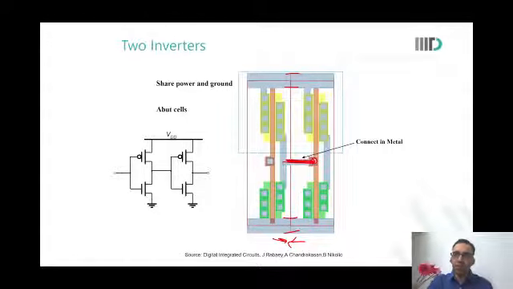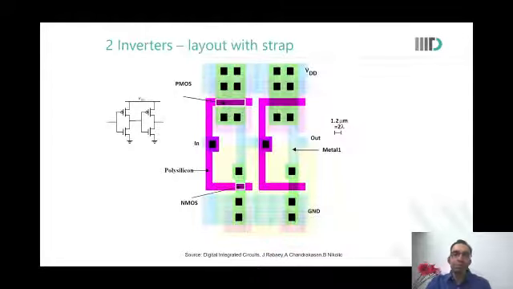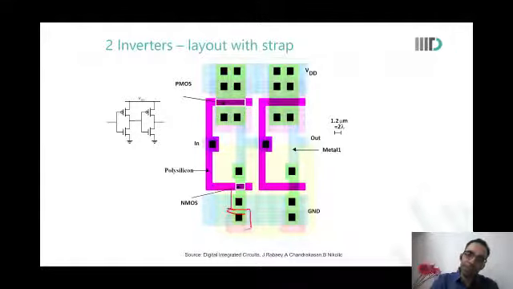You're able to relate this? We already discussed this in the class. And this is the inverter with a strap, where we say that I will also have a strap within the standard cell. And we already agreed that this is no longer a good idea, because you see this kind of height is wasted.